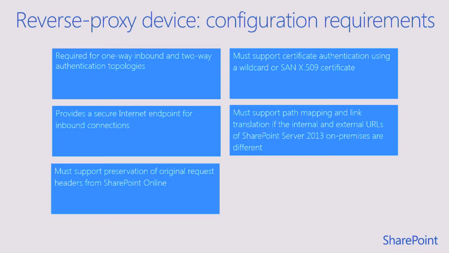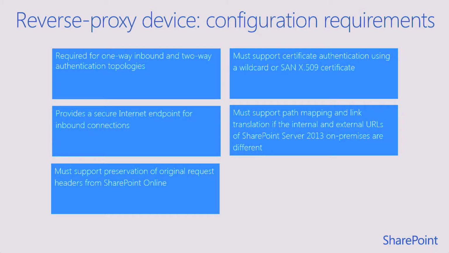For example, if a federated user uses a SharePoint Online search portal that is configured to return hybrid search results, a reverse proxy device intercepts and pre-authenticates the request for on-premises SharePoint 2013 content, and then relays it to SharePoint 2013. The reverse proxy device in a hybrid topology provides a secure endpoint for inbound traffic using SSL encryption and